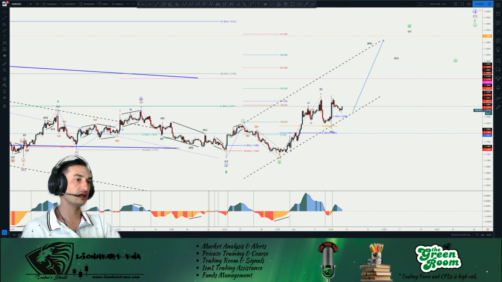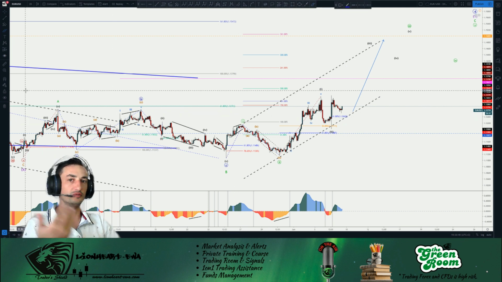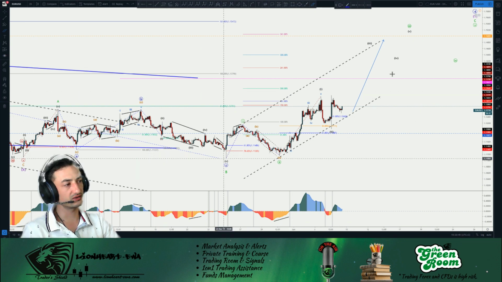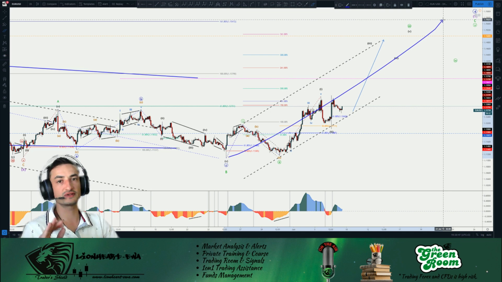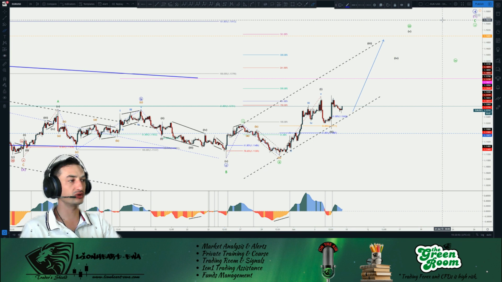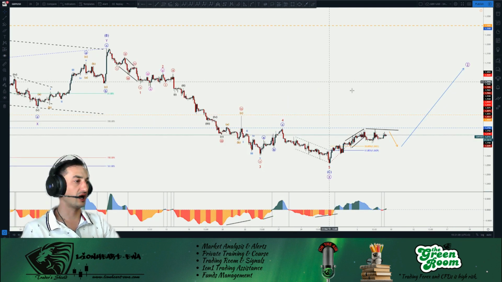Okay? Now, that's basically the way I'm labeling the euro, because according to the structure and what went on before, the euro actually needs a wave, either a wave C or something on the upside, to complete either a wave 4 of a larger degree correction, or a wave B of an even larger degree correction, in a running flat or something like that on the daily time frame. So yeah, now we'll continue with the pound dollar.